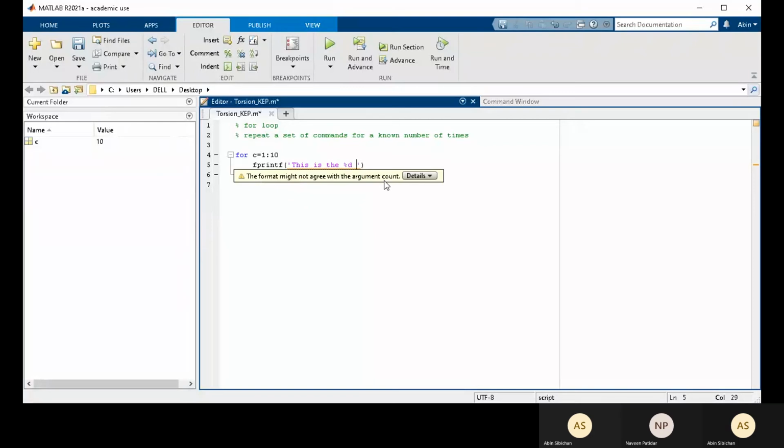I'll show you what it is. So this is the %d iteration, and after this I will just run this code.